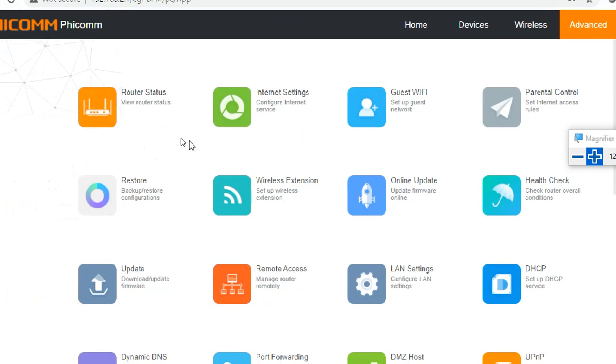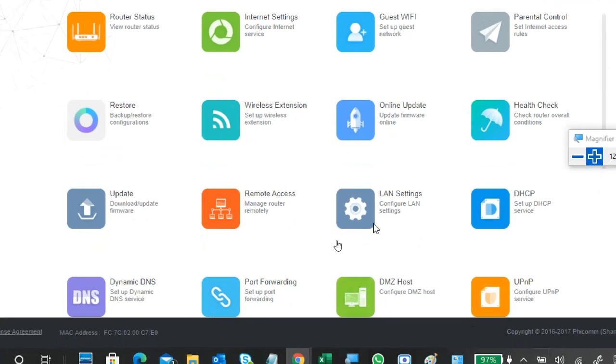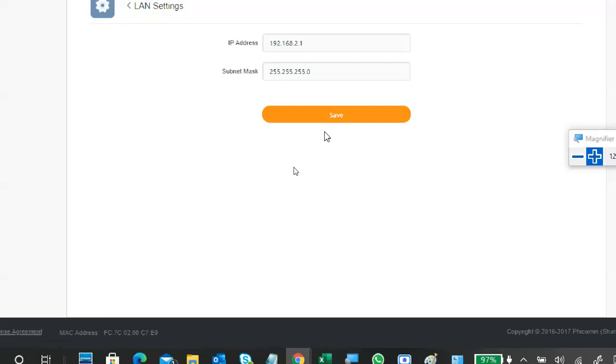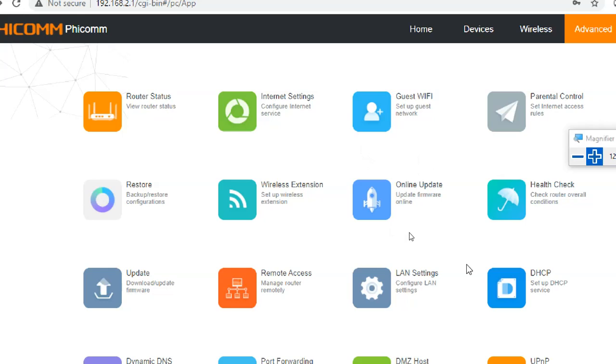Advanced. Yeah, this is the router status, and this is the LAN setting. Router status has two parts: one is connected to the internet, the other is connected to the LAN. My side is LAN, the other side is WAN. So I'm going to LAN connectivity. It shows the IP address is 192.168.2.1, and this is my subnet mask. It will assign addresses based on that range only.